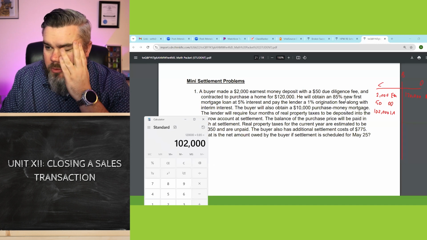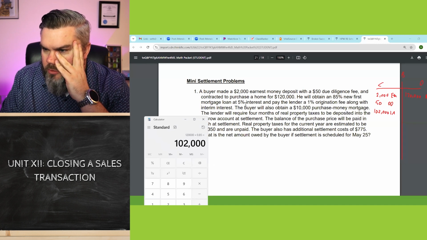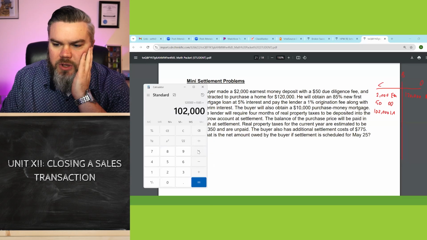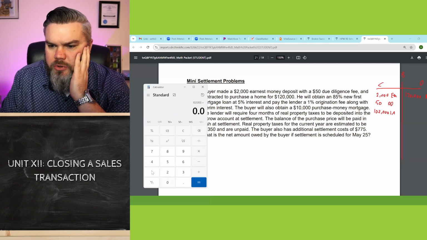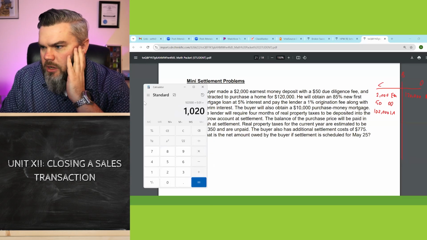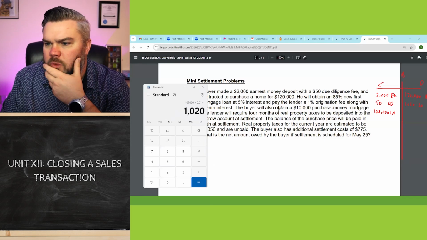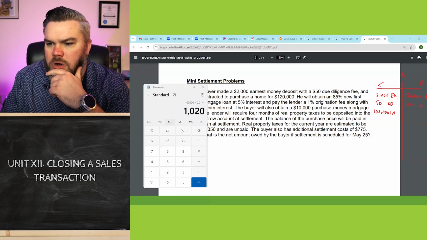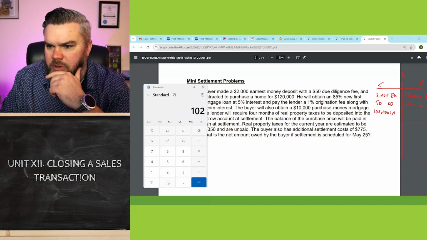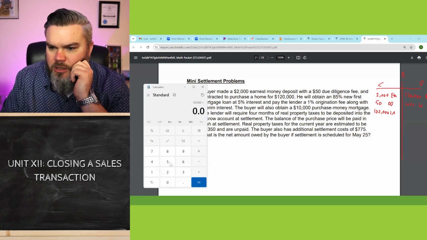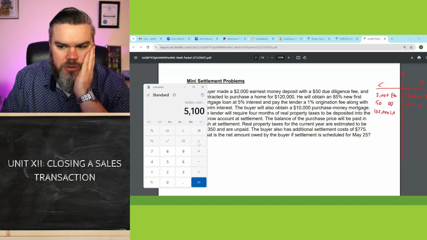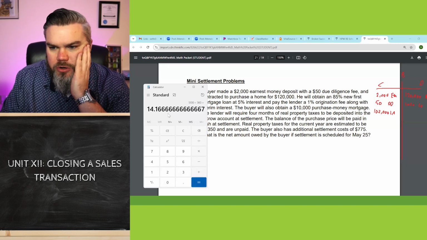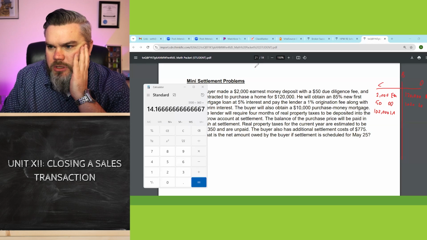5% interest, pay the lender 1% origination fee along with interest. So your 1% origination fee, take this loan amount, multiply by 1%. That'd be $1,020 buyer debit for loan origination. And then the interim interest, probably one of those ones that's throwing you off. Go back to your loan amount of $102,000, multiply it by your annual interest rate of 5%. That gives you annual interest, divided by 360 to figure out your per diem or daily interest. That'd be